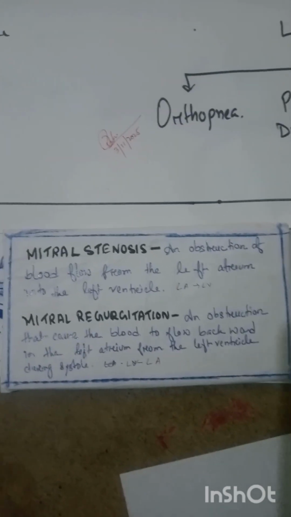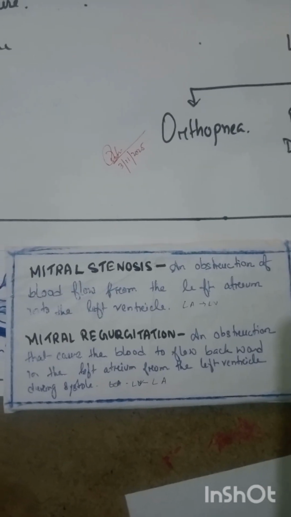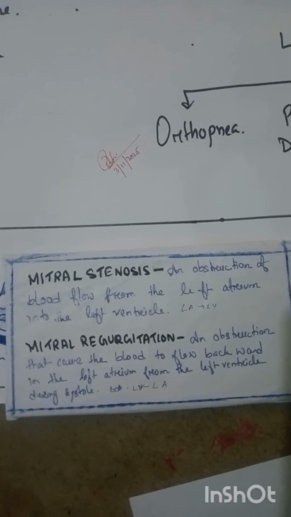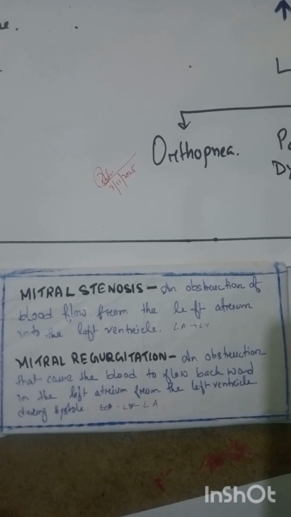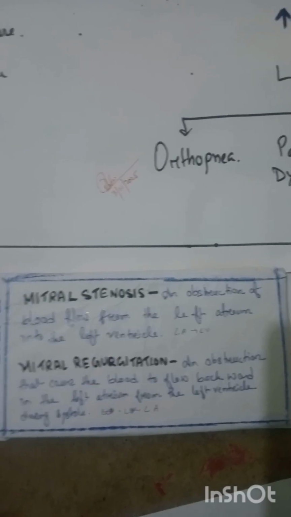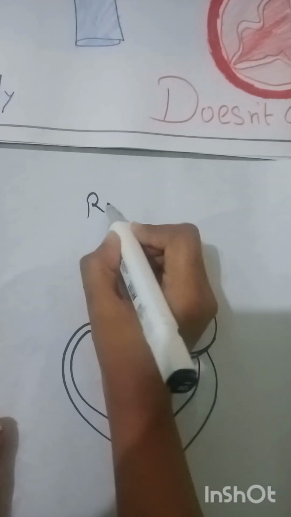So, mitral regurgitation definition: we can see that it is written as an obstruction that causes the blood to flow backward in the left atrium from the left ventricle due to systole. Let me draw and explain it to you. In mitral valve regurgitation,